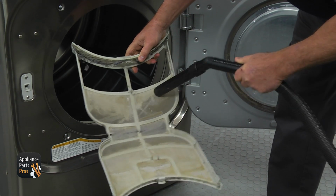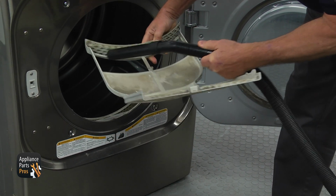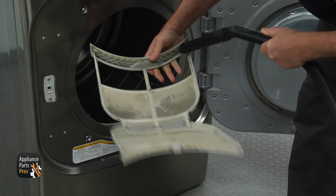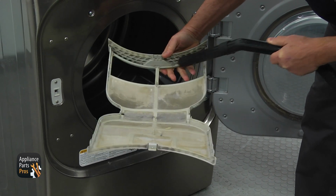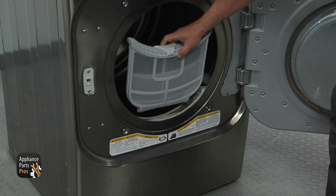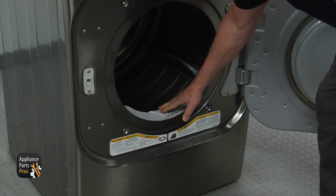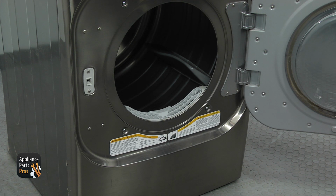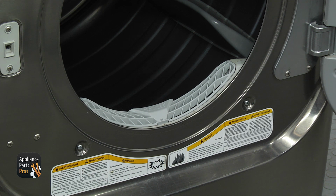You can vacuum it first, then wash it in warm soapy water with a sponge. If the filter is still clogged after cleaning, or if it's broken, get a new one. Place the filter in, making sure it goes in the right way and is properly installed on the rails all the way. If the filter was not installed correctly or was broken for some time, you should disassemble the dryer and clean